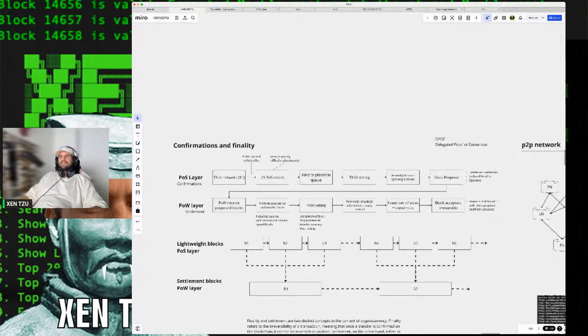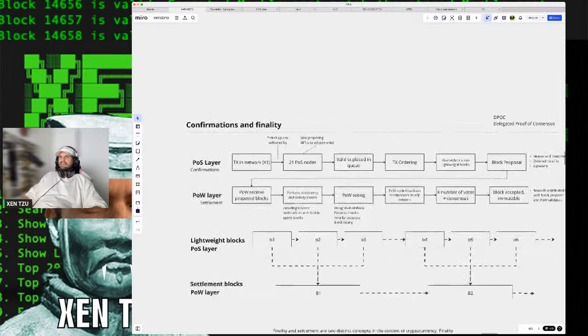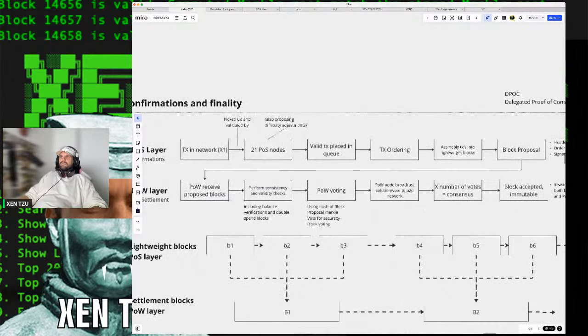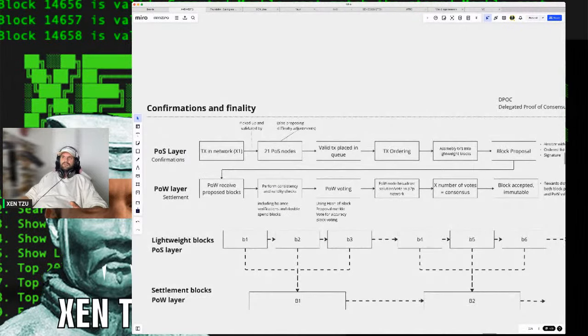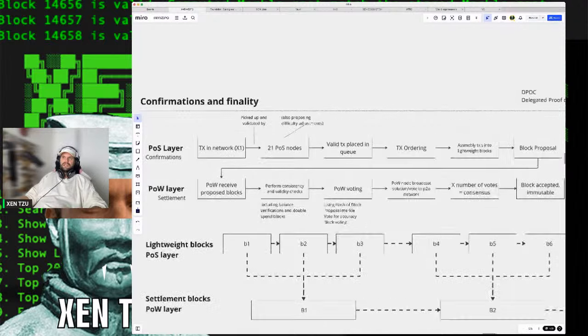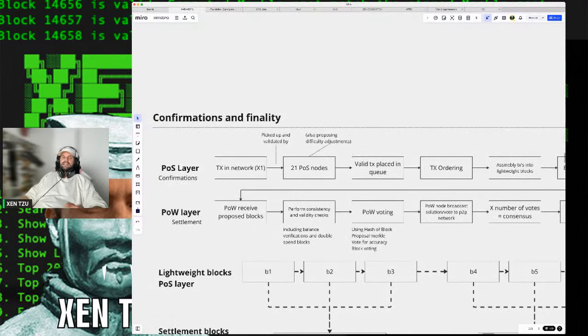So this is what they do when it comes to the block proposal part, and that is the separation. That proposal then goes to the proof of work, who received that proposed block, and he will not be so fast. He will say, "Hey, wait! This is like